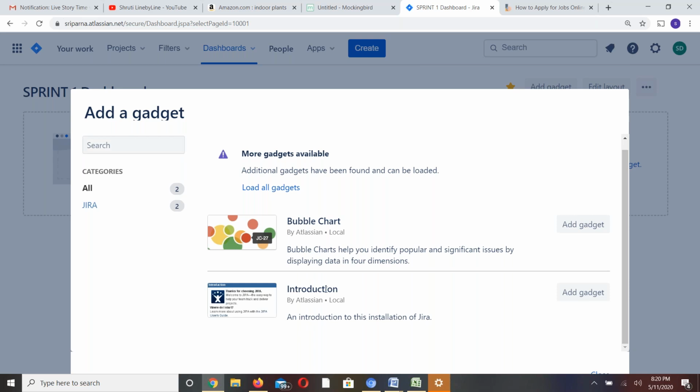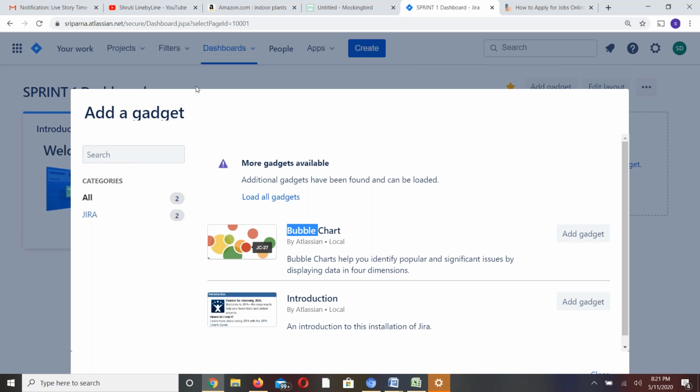So, introduction and gadget. Okay, you can select that way, and you can create the dashboard as I showed earlier.